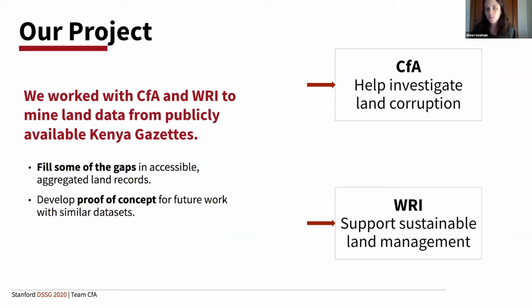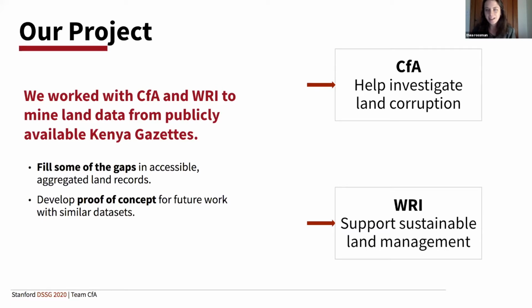CfA is interested in more land data because they facilitate a network of investigative and data journalists, including many based in Kenya, and they want to support these journalists and other groups to investigate illegal and unjust land deals. Aggregated data can reveal insights and patterns to help facilitate those investigations. And given powerful evidence from these investigations, there are legal pathways to returning land and to returning wealth gained through unjust and illegal land deals. WRI and its country folks, on the other hand, work with corporate, government, and individual landowners to implement sustainable land practices. And more data on who these landowners are helps them figure out whom to try to influence. It's hard to influence people if you don't know who they are.